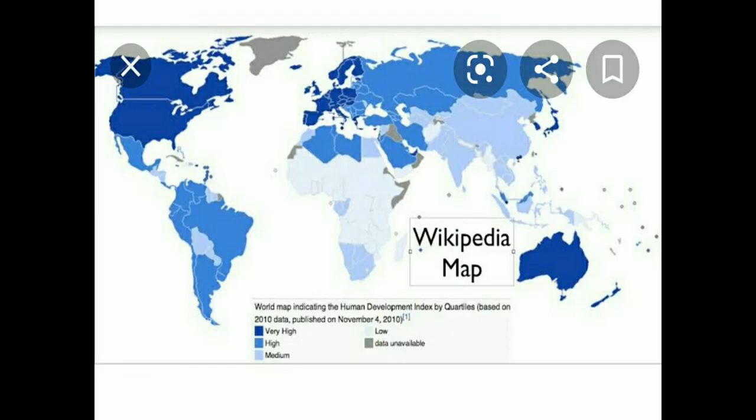The dark blue color is very high, so all things are better compared to other countries. The next blue color we mostly see in Russia and South American countries; those are very well, okay. The third one is medium, mostly in Asian countries like China, Mongolia, India, where we can see this medium light blue color. The fourth one is low, a very light color, mostly in African countries. And the last one is where data is unavailable in some countries.